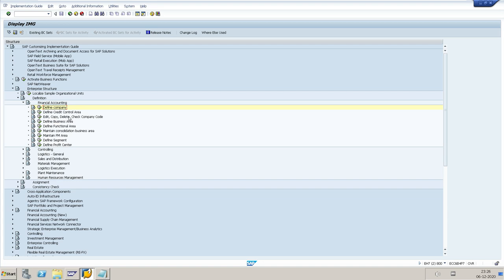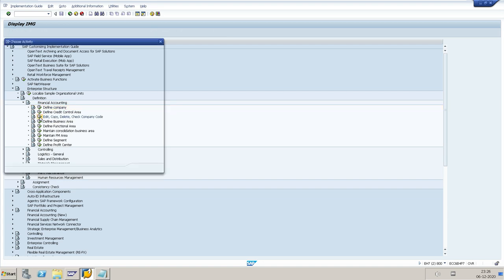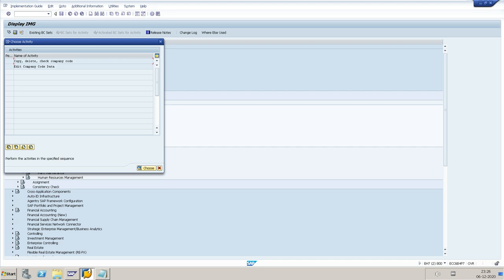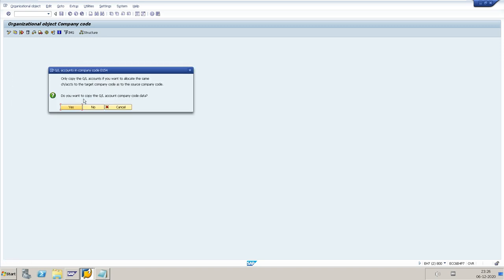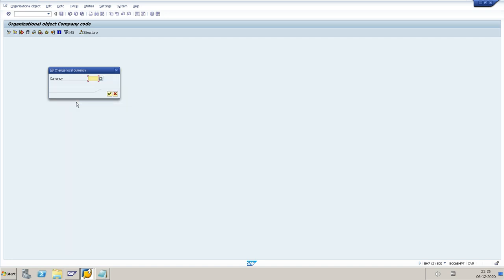Define, edit, copy, delete, check company code. Click on this. In this, copy, delete, check company code. So company code you always copy from the standard system, and the standard system's company code is 1000. Now whichever company code you want to create, you select it. I gave 0154 as my company code. Currency INR.